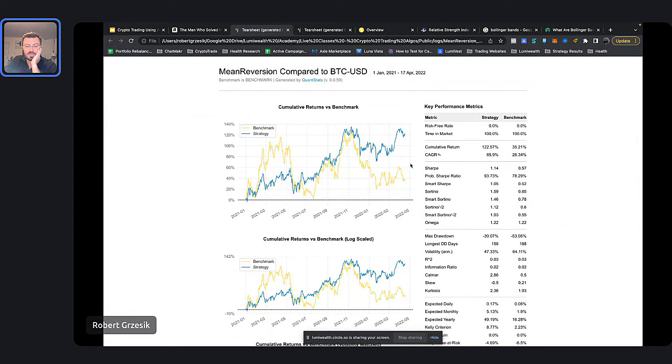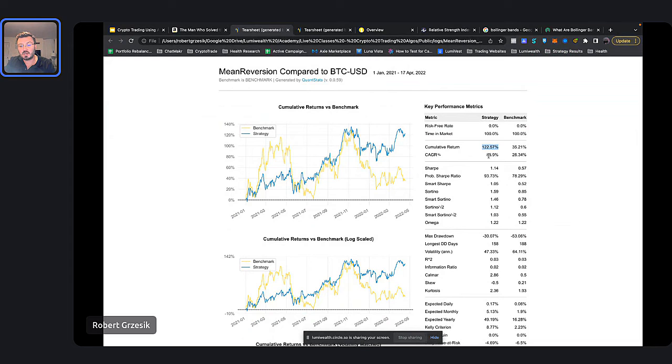This is, I ran this, I think back in May, right? Which is why it only goes till May, right? I ran it a little bit ago. I could probably run it again. We'll still get the same results, I'm sure. But you can see here that it does a heck of a lot better than Bitcoin. Bitcoin over this time period did 35%. We did 122%. We smoked Bitcoin. We did a lot better, right?